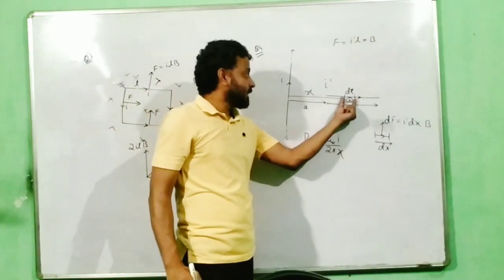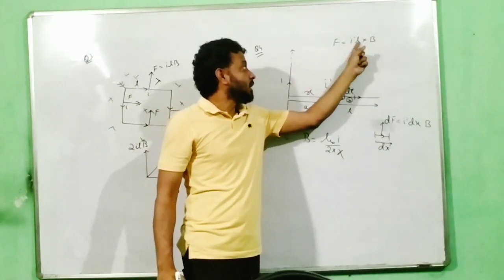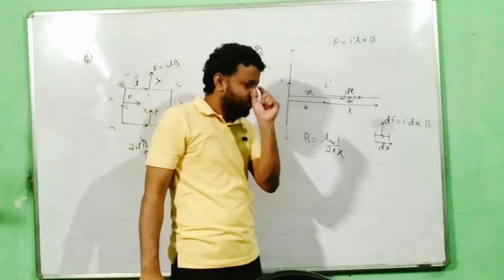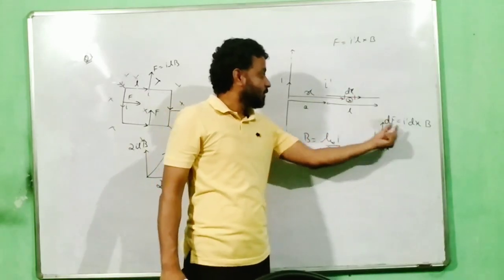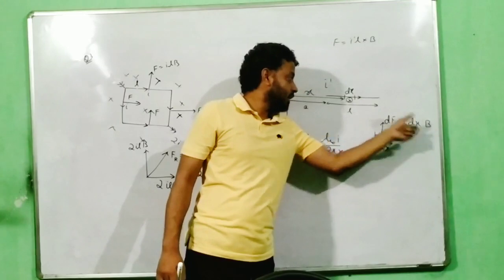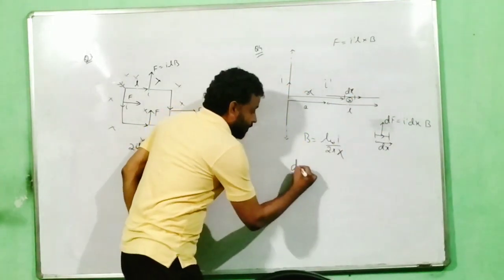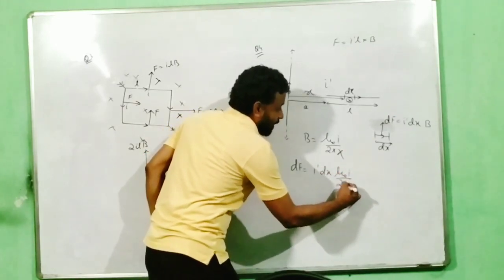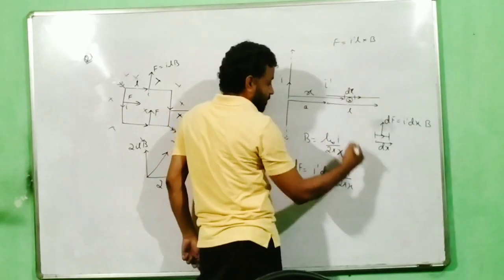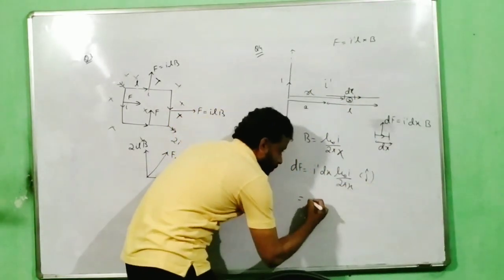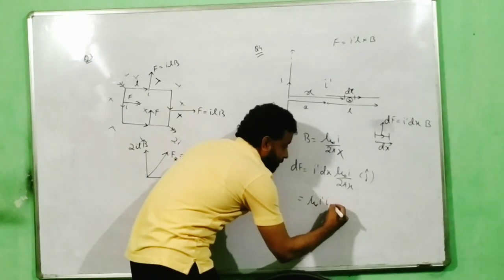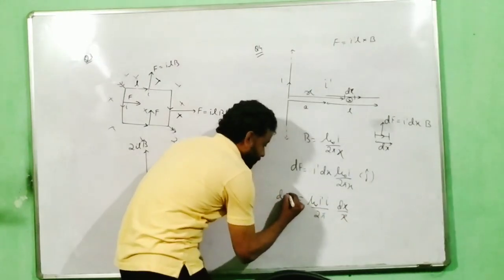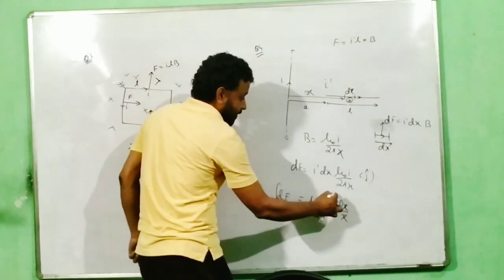So this is my dx length. What is the formula? I L cross B, where L here is dx. I want to find the force on a very small segment, and that small segment will have a length of dx. So I dx cross B, and B is inside. So dF will be equal to I dash dx, and B is mu naught I by 2 pi x. Direction is, as I told you, upward, so j cap. This is equal to mu naught I dash I divided by 2 pi, and then you have dx by x as your dF. Now in order to get the total force, I will integrate this.